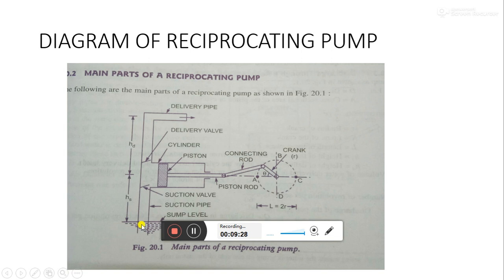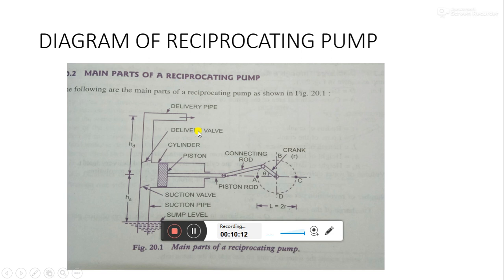So from here the water is taken and through the suction pipe, so you can see the suction pipe, the water reaches. So this is a suction valve and this valve opens and this reaches the cylinder. Now the working I will explain in the next lecture. I am just explaining the parts. And here you have the cylinder, and this is a piston, and this is a piston rod, then this is connecting rod, and this is crank. Okay, and this is the delivery valve, and this is again a one-way valve, and water moves through this delivery pipe and it reaches the area of requirement, which is the higher reservoir.